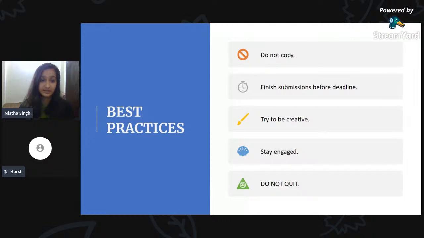You will get there. So the first thing is, do not copy. I mean, there will be no one looking over you while you are making the submission or writing the code, right? But we would appreciate it if you keep that honesty and do not plagiarize, right? One of the reasons why it is so important is because it is your own learning path.